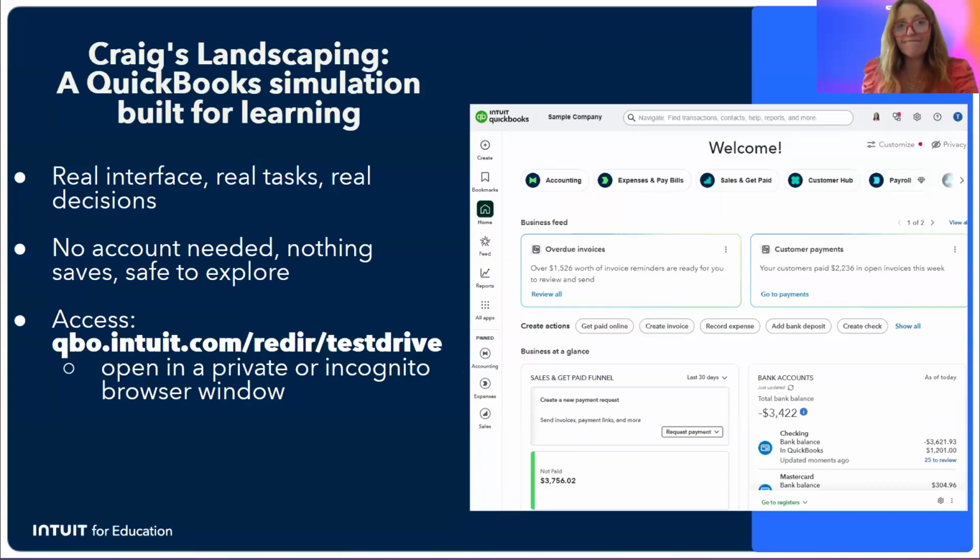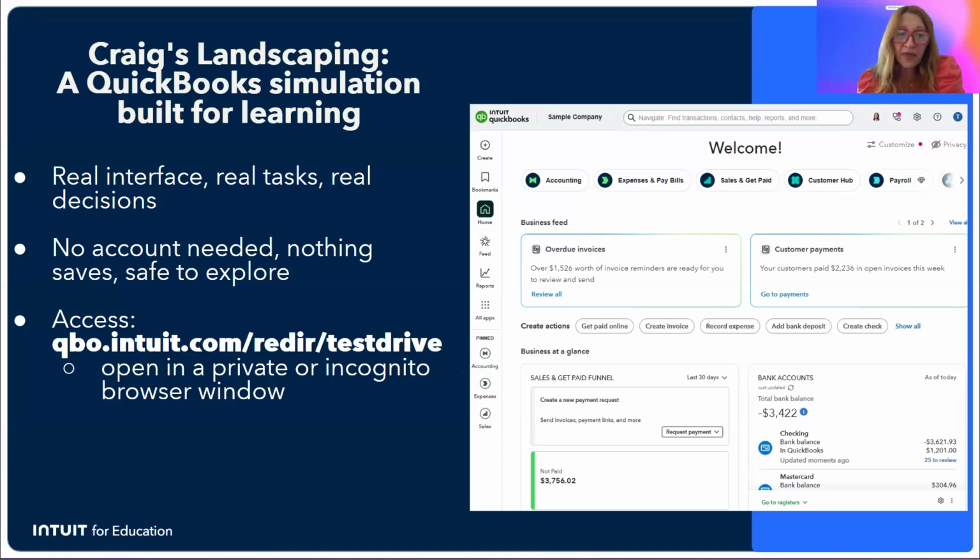But I'm having the same problem that she had. I created this account years ago and was going to use it and never did. And I don't see Craig's stuff. Yeah, it's so weird. I think we're in the same boat. I think we have to delete it, or you need to sign out of the company.